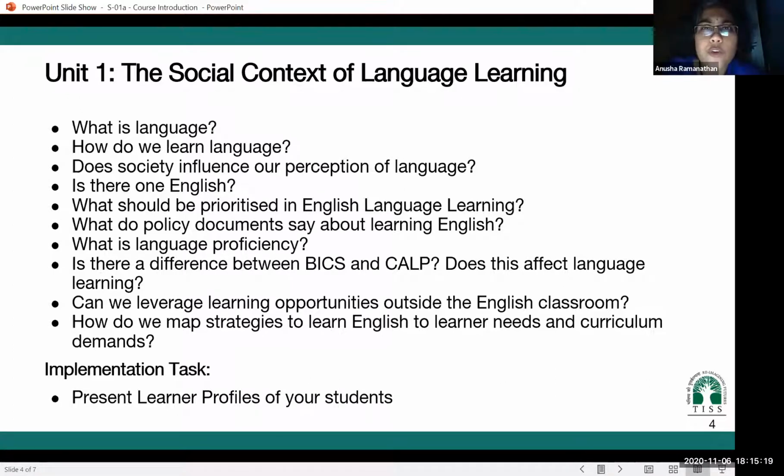What should be prioritized in English language teaching? What does the national education policy tell us about it? What do UNICEF documents tell us about it? In fact, that is how we arrived at the conclusion that we should deal with communicative English language teaching. How can we leverage all these opportunities that are there to learn English and even other languages outside the classroom? And so we deal with all that in Unit 1.